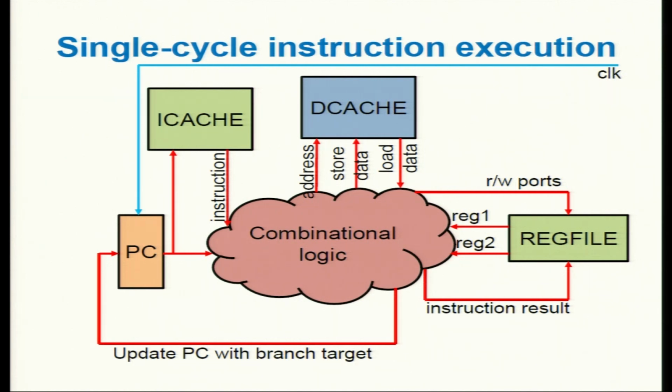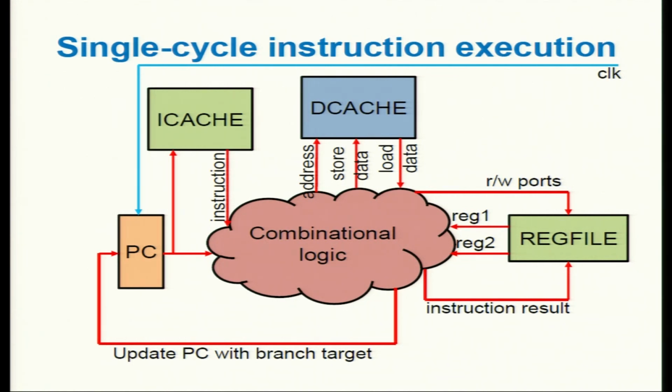And the register file will have a bunch of ports. These are essentially the interfaces. For example, if you have 2 read ports, there will be 2 connections here. You can send 2 different register numbers and it will give out 2 different register values. For example, A equal to B plus C may require 2 register values to compute on. And if you want to send out a result and store it in a register, you will send the number of the write port. Maybe you want to store in register number 23. So you will send 23 here and the register file will store the value in register 23.